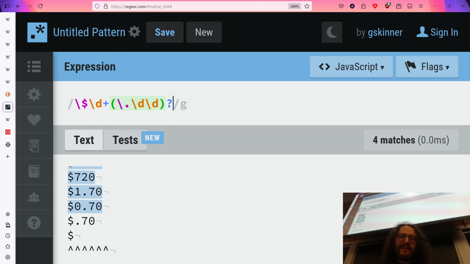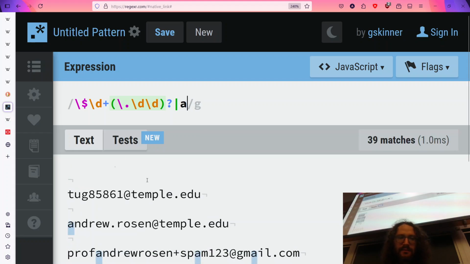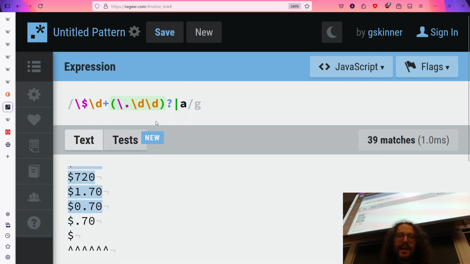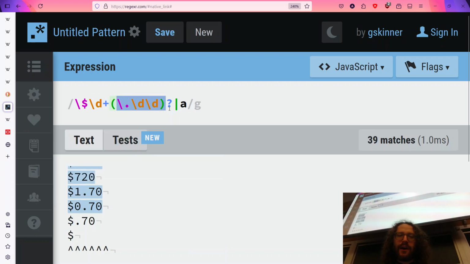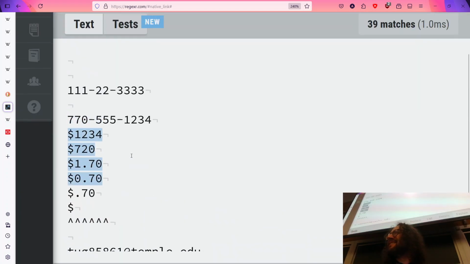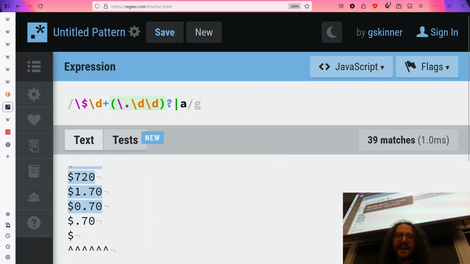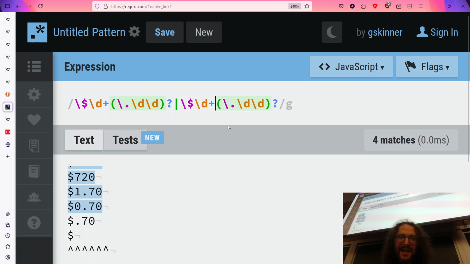For instance, one thing we could do is add the bar, which, if you're from other programming languages, you already know the meaning of. It means or. So, very boring thing. It says, hey, match a dollar sign followed by at least one digit, optionally followed by a bunch of this stuff, or an A, right? But now, this gives us an idea: wait a second, I could copy paste this and modify it a bit. Or I can say,